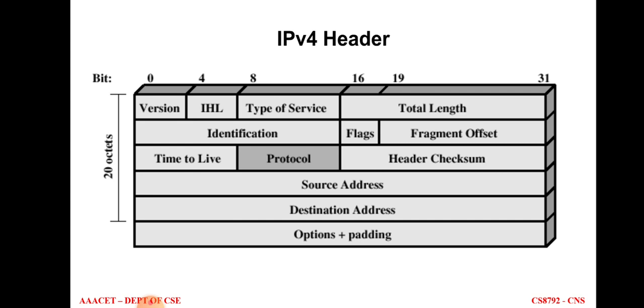Each and every protocol has some flag value which will start with 0 or 1, some indication of that particular value. Next one is the offset value, and time to live, protocol, which protocol is to be used, either TCP or UDP, and checksum value, and each and every header has a source and destination address. And finally we have the concept of padding, which means we have to add some more bits or some more information to the existing message or packet. So this is the earlier version 4 header of IP.